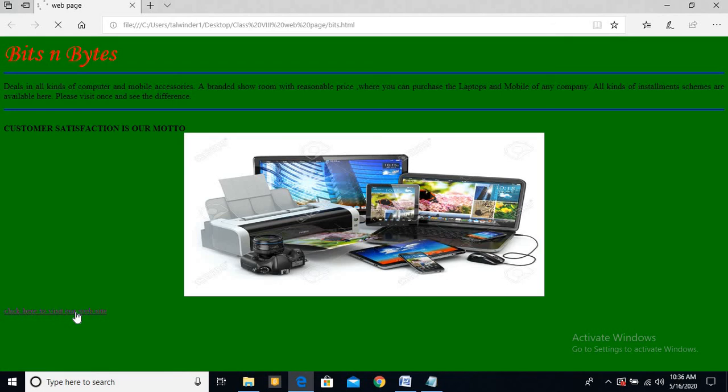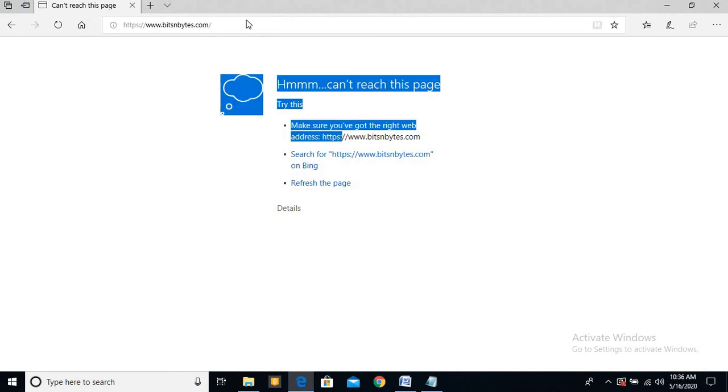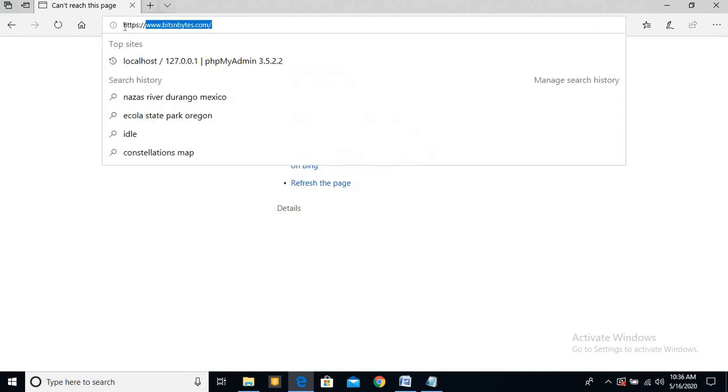So you see, according to the internet, it will go to the particular website. This is not the actual address of the site, so that's why nothing happened. But you see, the address whatever I wrote over there, it linked to that.